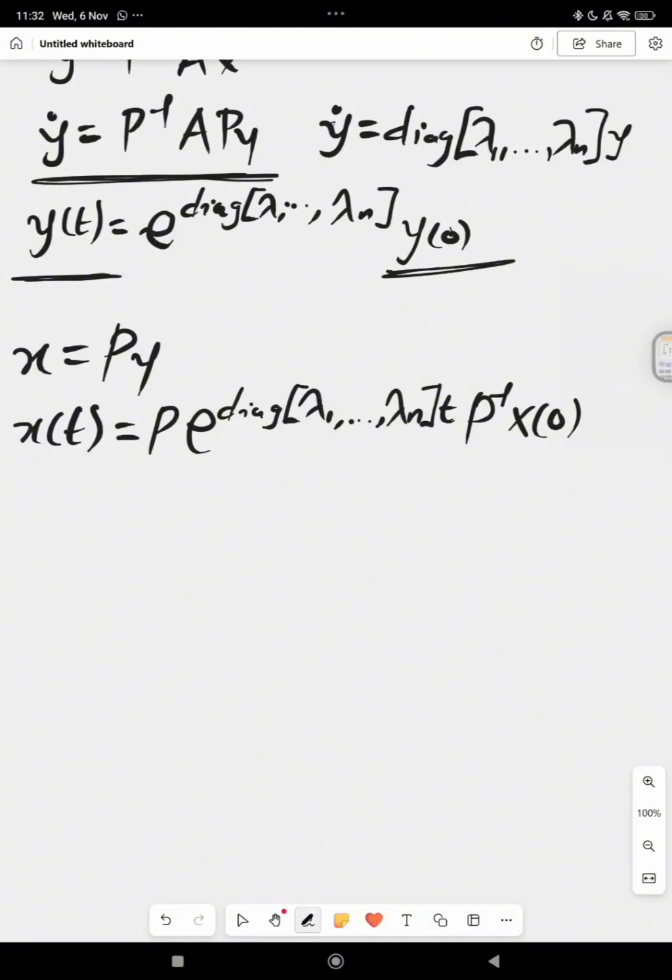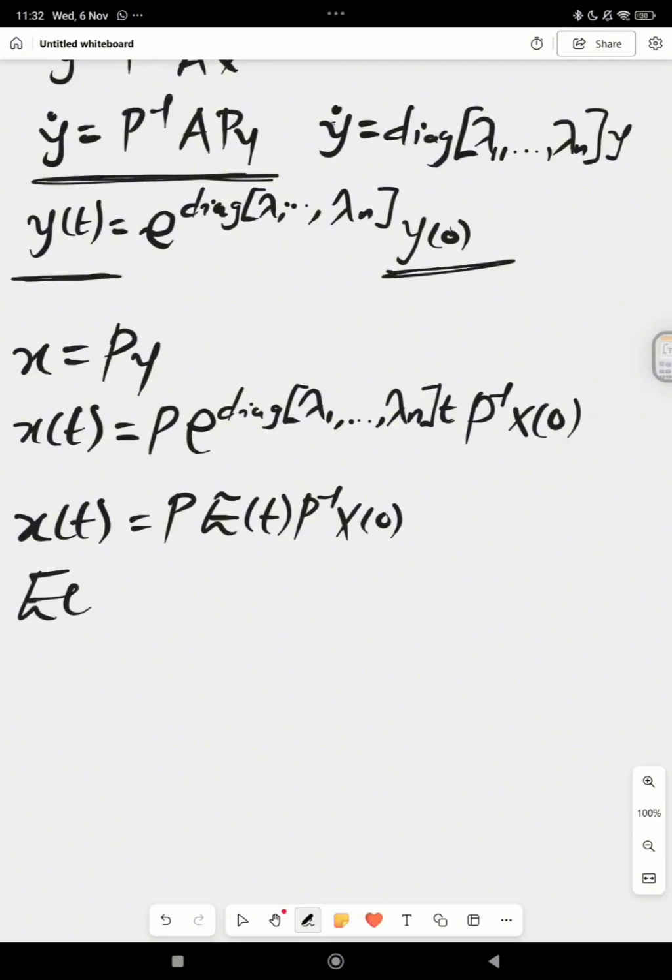So this is going to be a solution. We can also rewrite this solution as P e of t P inverse x of 0, where e of t